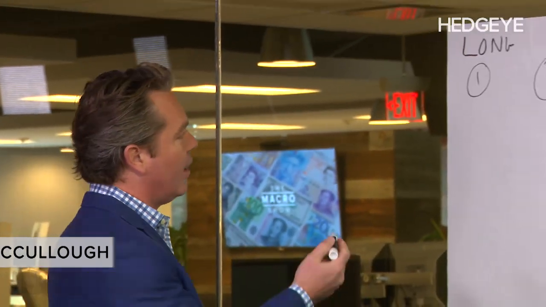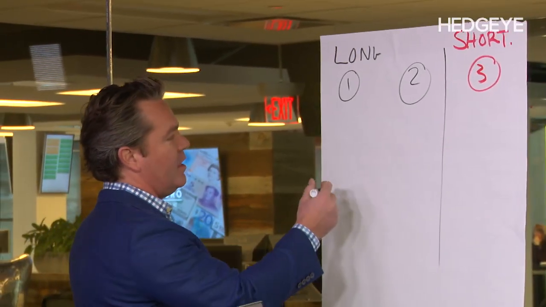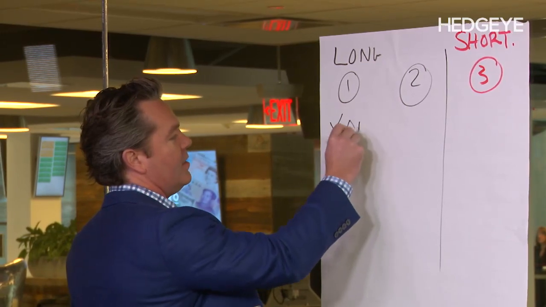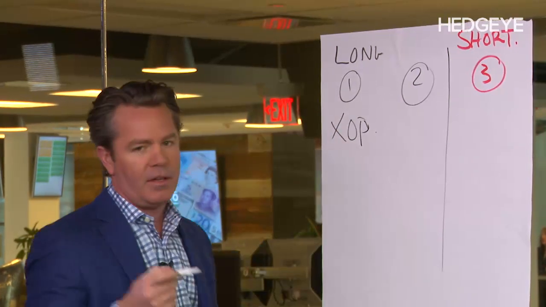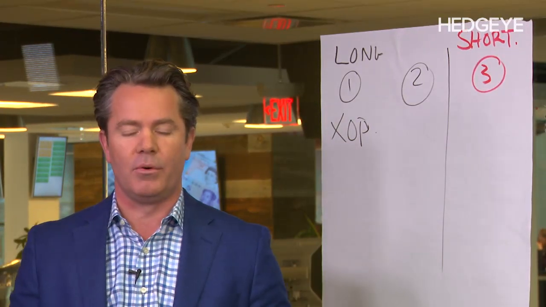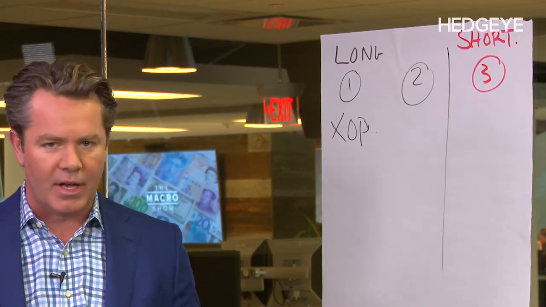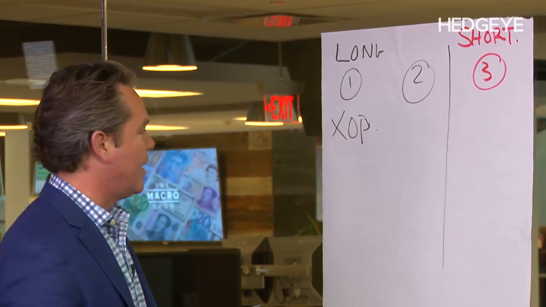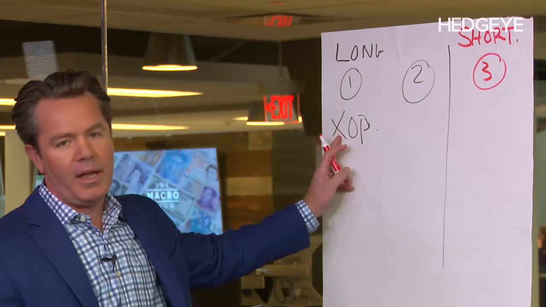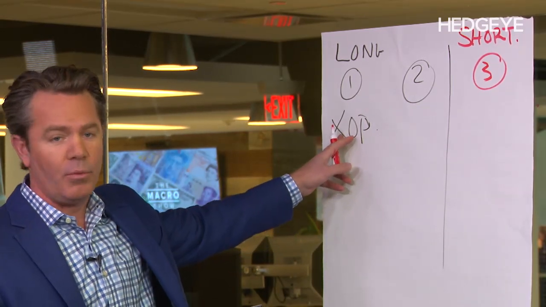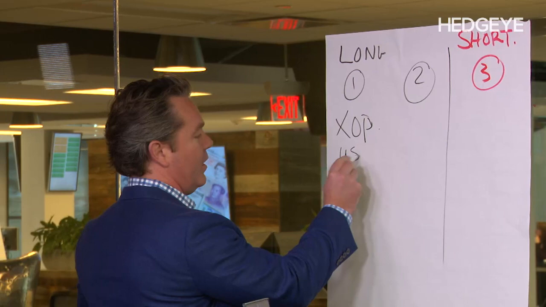So if you look at that, expressing it in ETFs, for example, my favorite ETF this morning, again, I like to think about what happened yesterday matters. So we had oil and gas, oil itself, all for sale yesterday. So XOP is our favorite high beta way to play energy stocks in particular. If you want to buy oil, you can buy USO. That would fit in there as well.